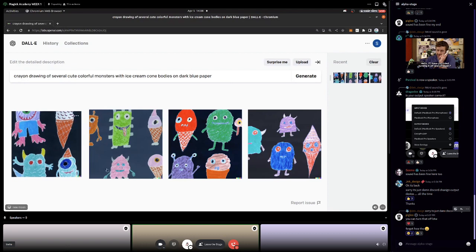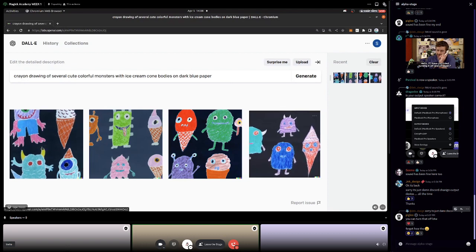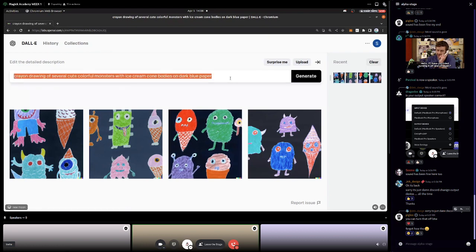The way it generates the image is very complex. This is actually not a Stable Diffusion model. I believe it's a different latent diffusion model, but conceptually it's very, very similar to Stable Diffusion. And you're basically doing the same thing, but instead of text to text, you're doing text to image, right? So if you haven't ever played with this, you can go to labs.openai.com and generate with Dolly. But I'd also really recommend checking out Midjourney.